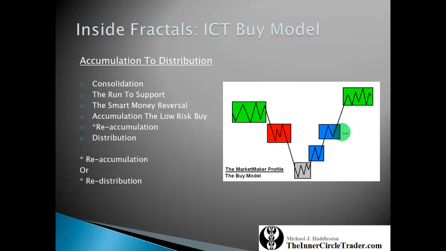And again, the initial consolidation is kind of like what we learned already about crouching above an order block. Okay, and this area in here where we have a run to support, that is absolutely what you're anticipating. This is the consolidation above an existing order block, and then you'll see a move sharply lower into a support level. Okay, and then you'll see the underlying price action moving higher and higher into each stage,